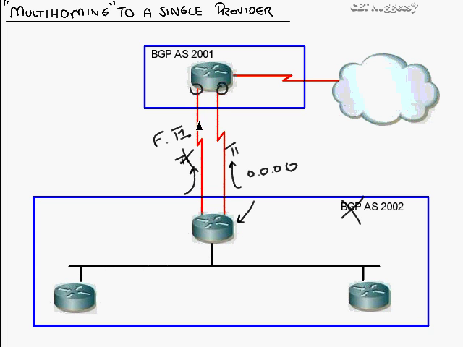In that case, we might want this one to be a dedicated backup rather than a load shared connection. What we would do is create the same static routes, but crank up the administrative distance on this route. Go ahead and make it something like 200. So if your primary default route goes down, as in this link is lost, or maybe the service provider router fails, this one will plug in and take over,